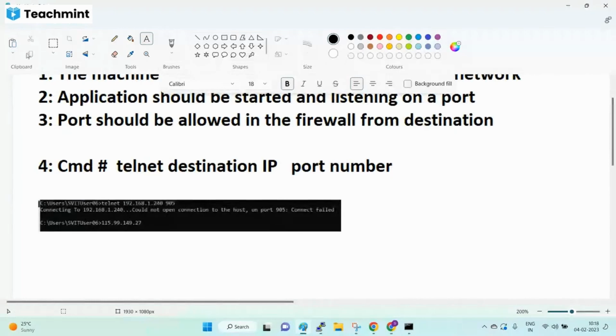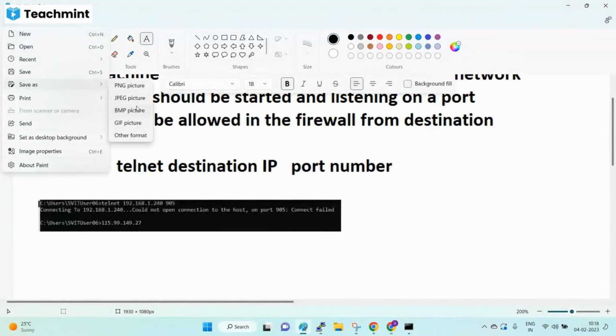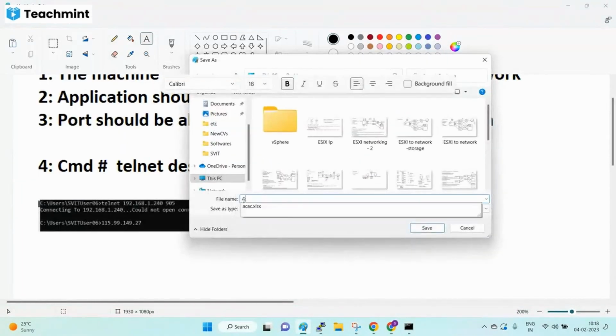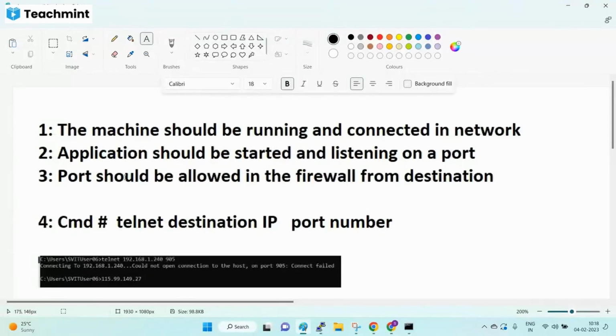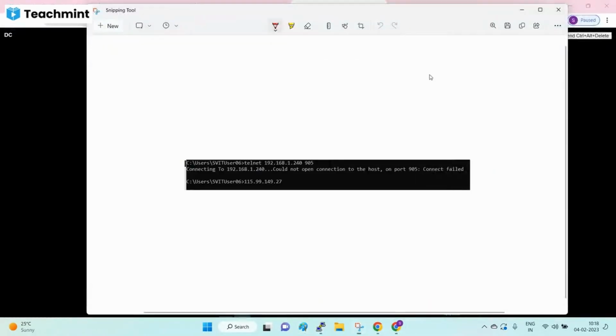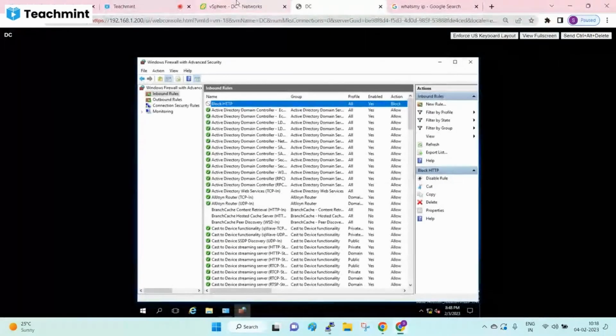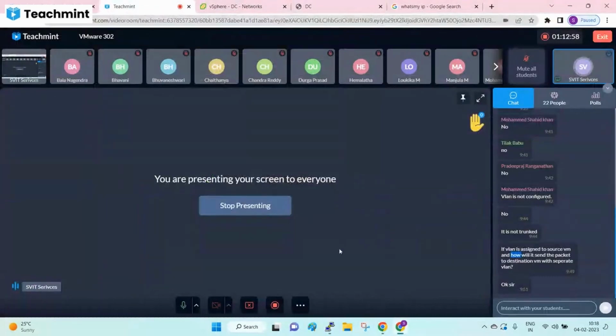Yeah, any questions? These three things we should check to troubleshoot application level complaints. Very important, firewall and VLAN. Even though we don't work on them regularly,